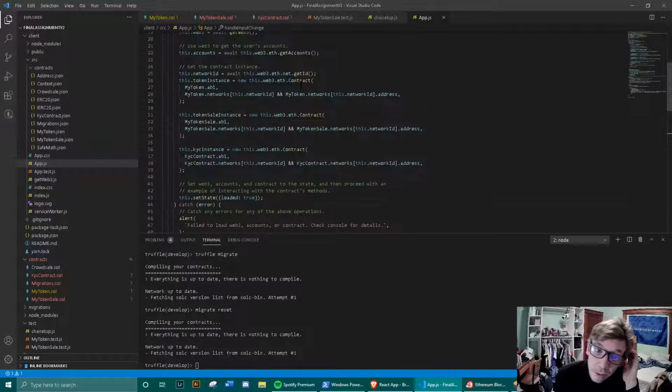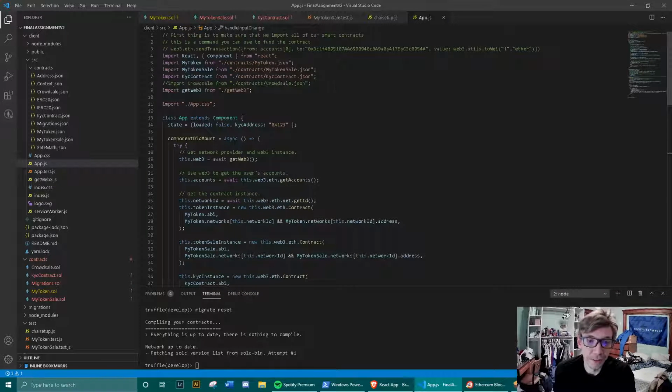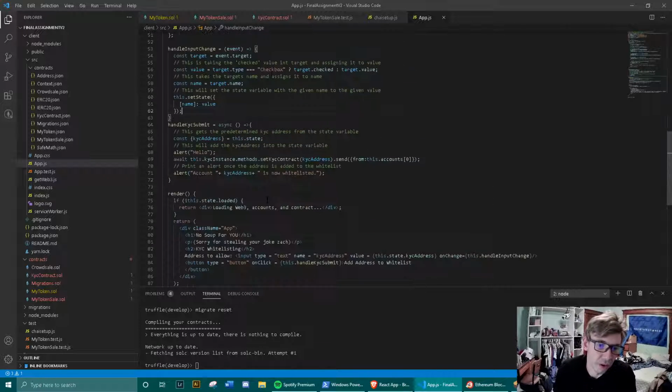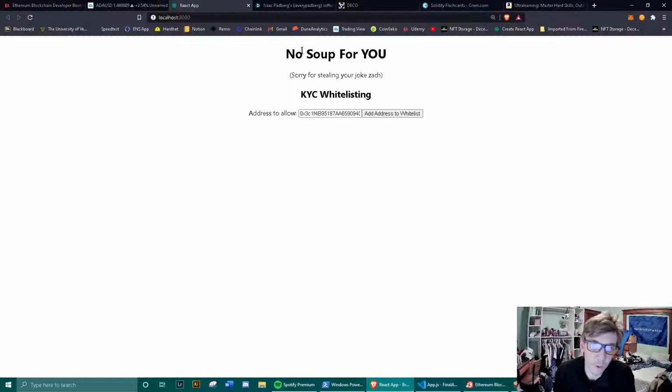And then app.js. This is where the front end magic happens. I'm really new to the front end part, so it's still a work in progress. But the general concept is that there are components in React, and those components can be modified in many different ways. There's interaction down here in the render, which will take this HTML. I believe, yeah, it's HTML, and it'll render it. Then I have an input box and a button, and those two correlate to this input box and this button right here.